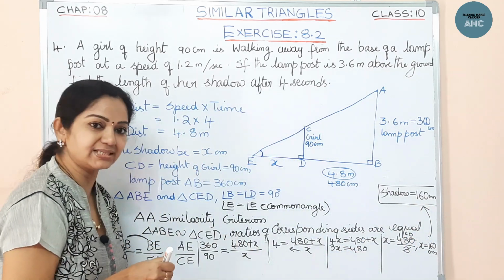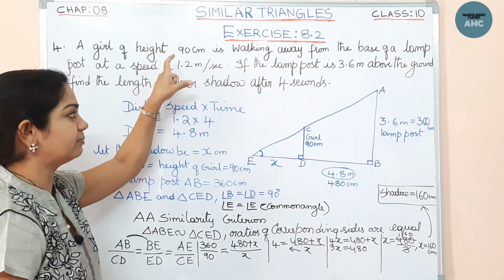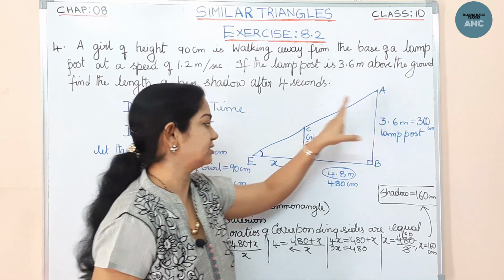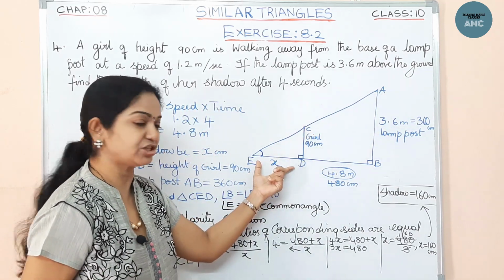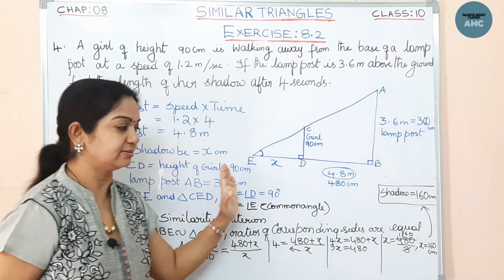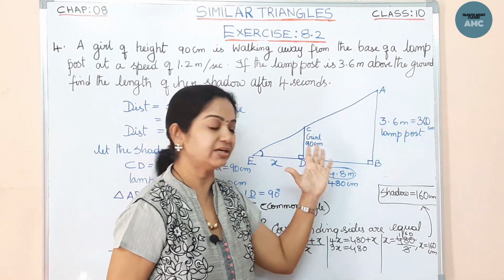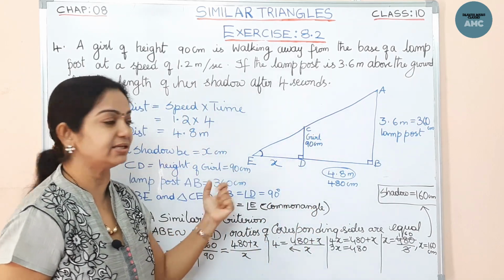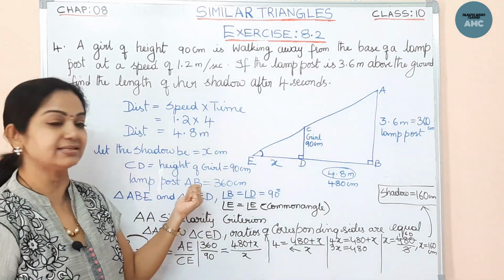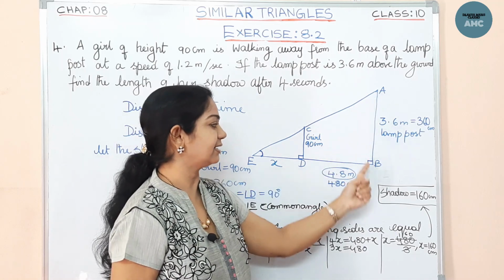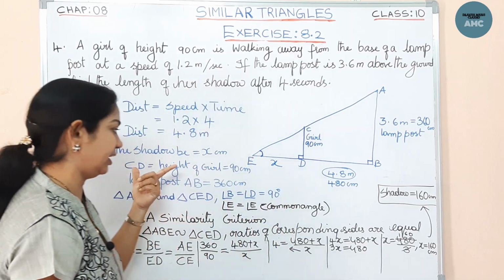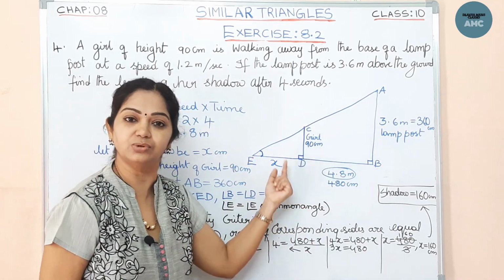Now I'll repeat once. See here, the problem is given, the verbal problem. We have to shift it into the form of a diagram. Now this is the lamp post, this is the height of the girl, and this is the shadow. Shadow I have taken as x. Now we are writing all the values in centimeters, right? Now I am comparing both the triangles, the bigger triangle and the smaller triangle, from the similarity criterion, that is AA similarity. So one angle that is 90 degrees is the same, and the other angle which is common to both the triangles is the same. So from AA similarity we can clearly say that these two are similar.